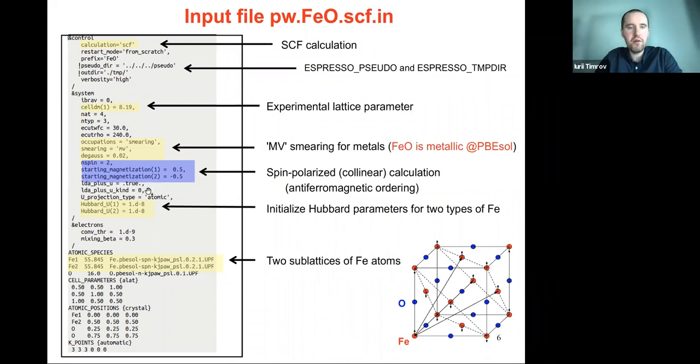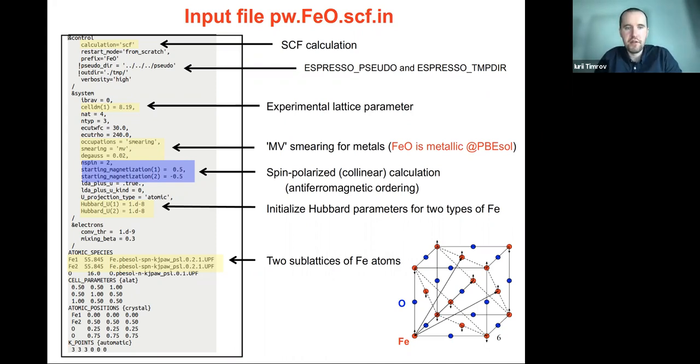If it's equal to 0, it means we use the simplified DFT plus U formulation in the Dudarev framework. If you specify 1, it's the fuller formulation according to Liechtenstein, which can also be non-collinear, and you can also have the J parameter in that case. And a more recent addition in Quantum Espresso is 2, which is DFT plus U plus V, where V is the